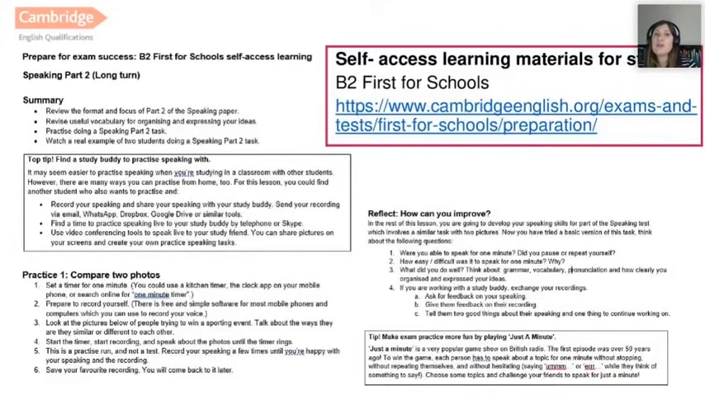This is another resource for those of you who are teaching B2 First for Schools. These are self-access learning materials. I'm going to switch off my camera so that you can see what that says. These are self-access learning materials for students. At this level, students can have a bit more responsibility in their own learning. So you can direct them to these lesson plans and they can work through them at home. They include really useful study tips, such as research and showing students how best to work through